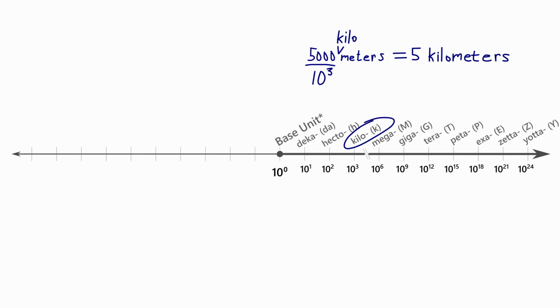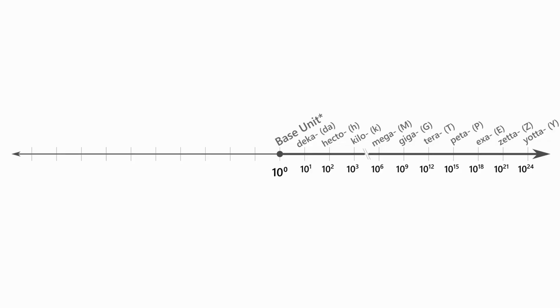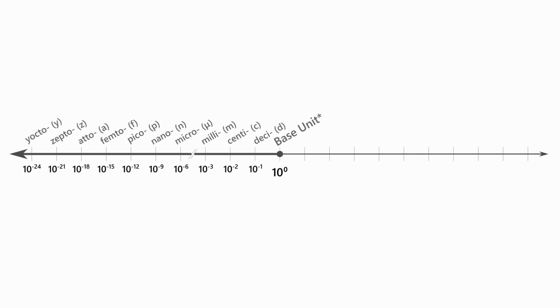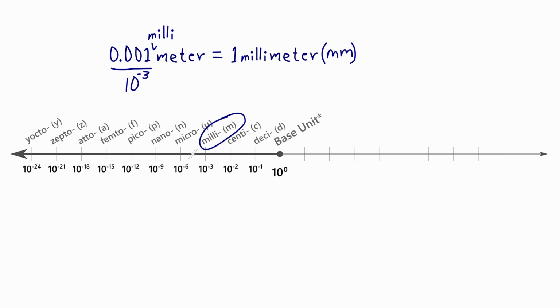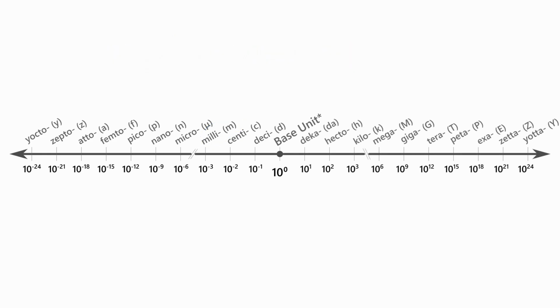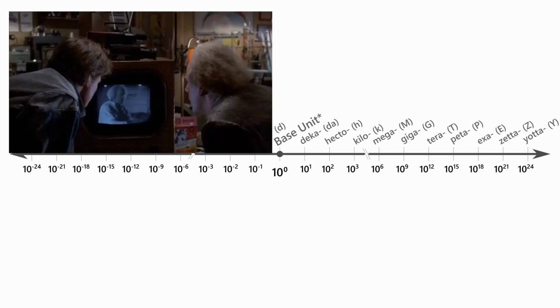We can also do this in symbols by simply adding the letter K in front of the M to arrive at 5 km. As a side note, this is where the K comes from when referring to the 5K race. These prefixes are not just restricted to large numbers. For numbers less than 1, there are a separate set of prefixes. So in the opposite direction now, 1,000th of a meter, which is 10 to the minus 3 meters, can be written as millimeter. Although there are prefixes ascribed to almost every possible power of 10 imaginable,